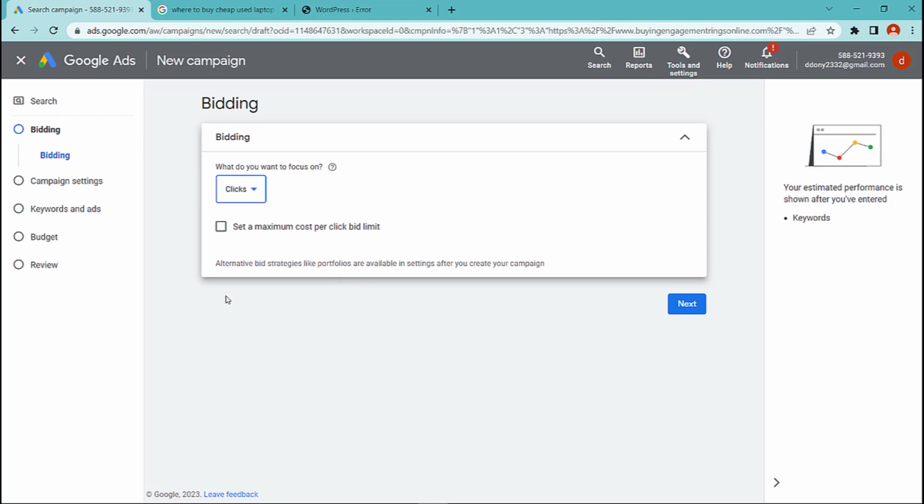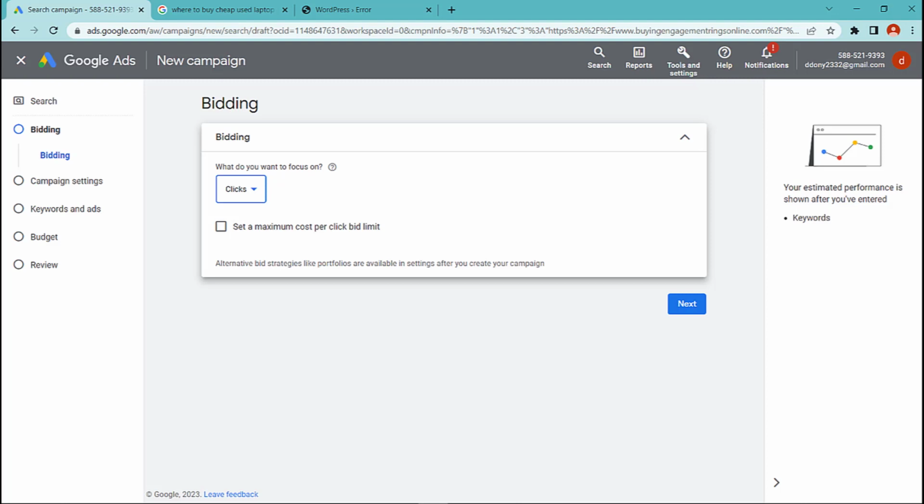Once you have chosen your bid type, you need to decide on the bid amount you want to use. This will determine how much you will pay for each click on your ad. Keep in mind that higher bids may lead to more clicks, but they will also increase your cost. Fourth, monitor your performance.